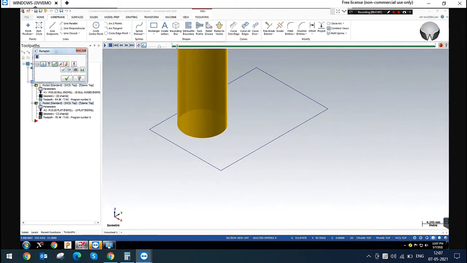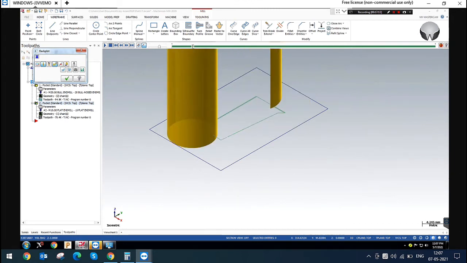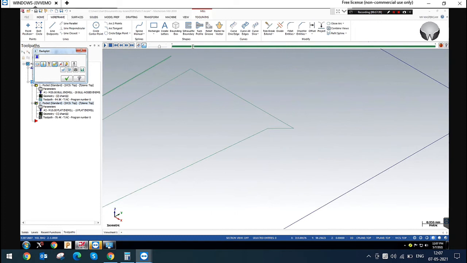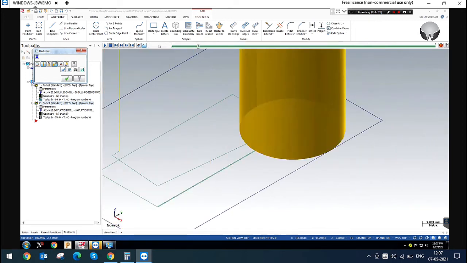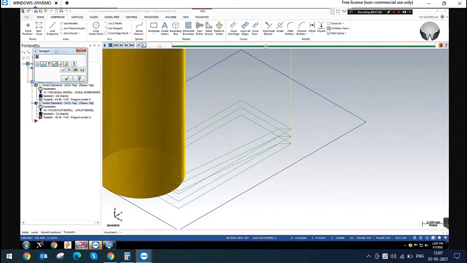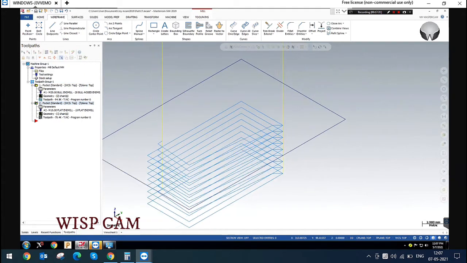So now there is no interruption for the profile. I am defining the length as 1 mm. Now the ramp will be created. That is the option, the length exceed option.